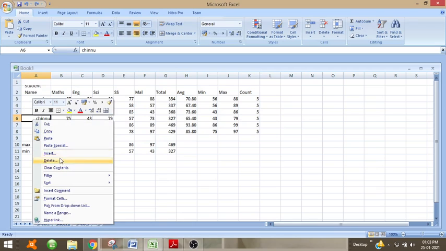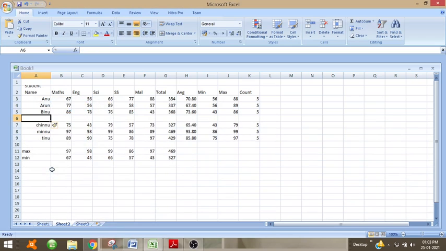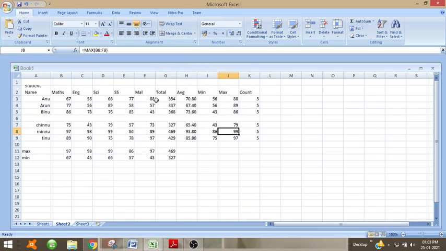Now if we insert an entire row, then we can give merge across, that is in between the two, inside the table, in between the two partitions are being made.